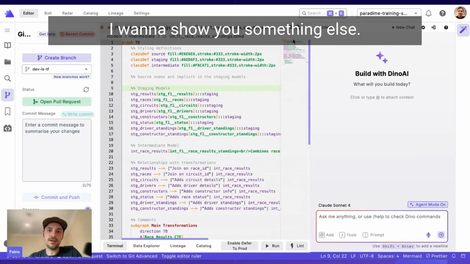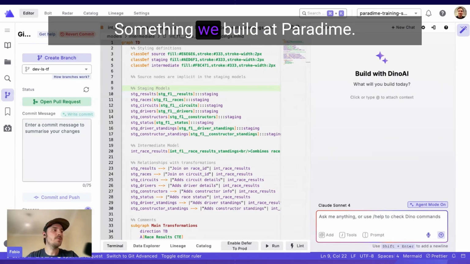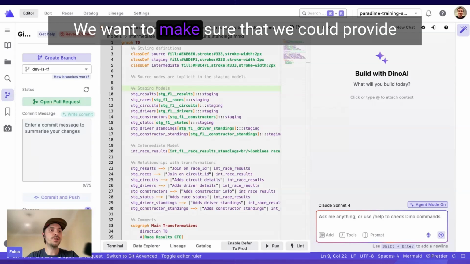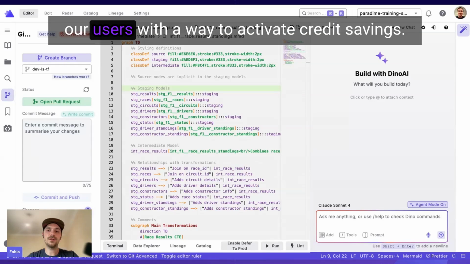I'm going to start a new chat now. I want to show you something else. Something we built at Paradime, we wanted to make sure that we could provide our user with a way to